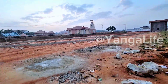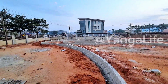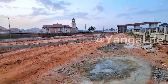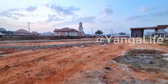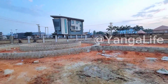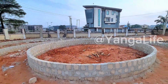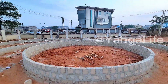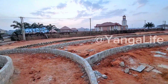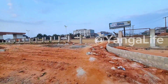Yes, finally this area has been reclaimed completely and some construction work is going on here. With time, we are going to see the face of what is happening here. Just in a little while, we will see everything. It's like they are firing this work from all cylinders and on top gear, even using the auxiliary gear to ensure that the work is finished as quickly as possible. Because the way they are going, I know it's not going to finish this year, but probably